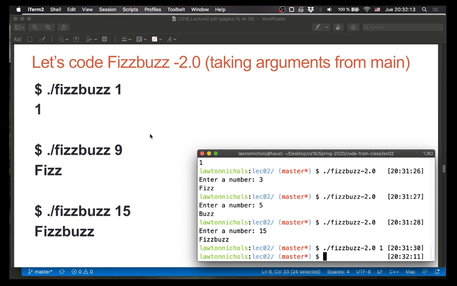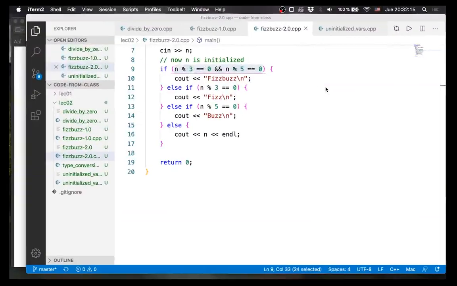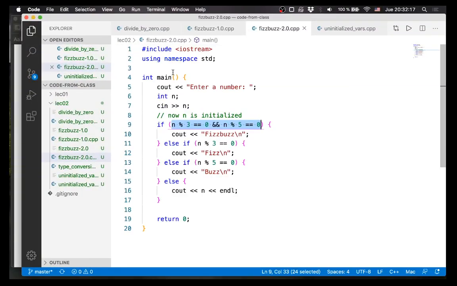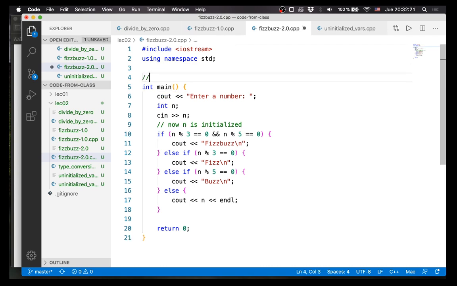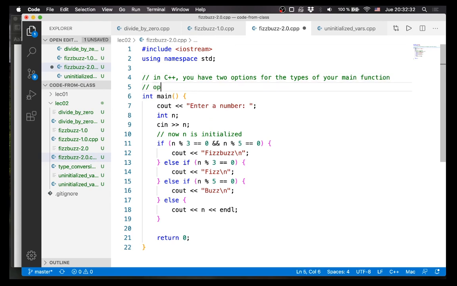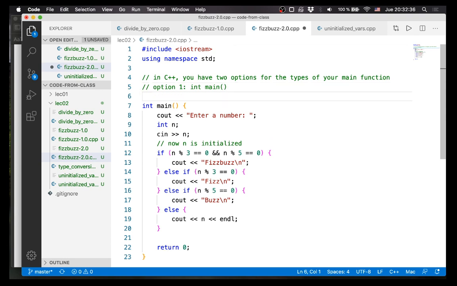So the idea is main is a function. It can take arguments as well. It takes some special arguments. They have to be this. So in C++, you have two options for the types of your main function. It can either be this, option 1, that we've been using, int main, nothing. Option 2